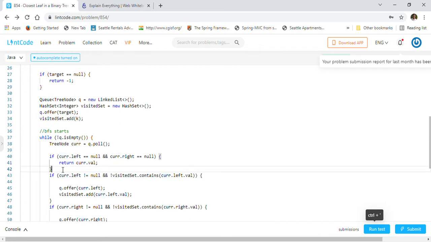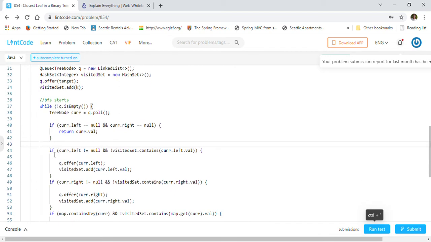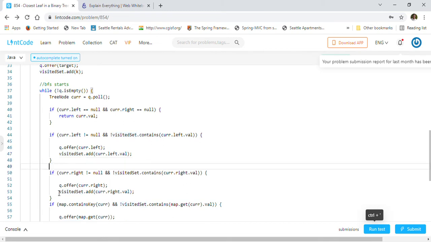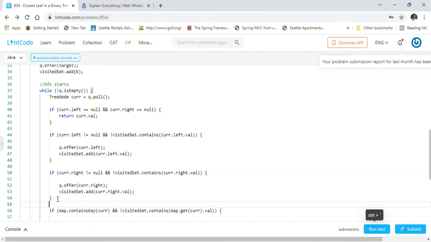If it is not a leaf, then we have to go to the left side first. So if current dot left is not null and it's not visited already, then we will offer that current dot left to the queue and add it to our visited set. After that we will go on the right side, because that is what our conditions are.